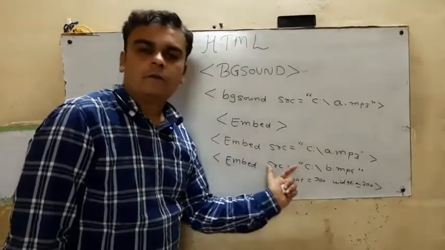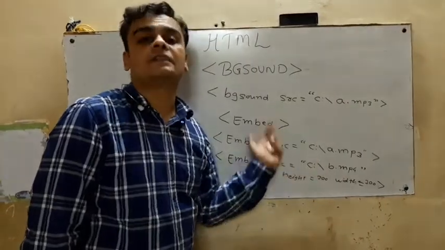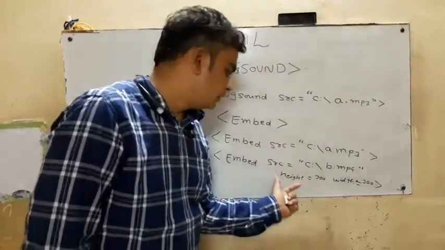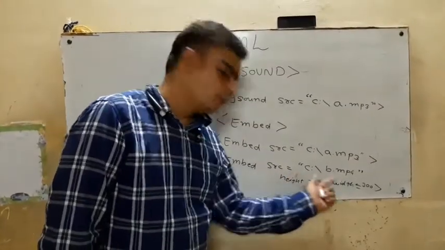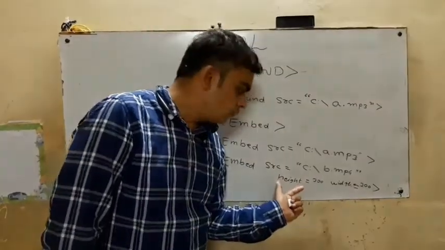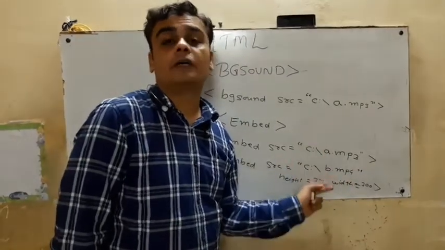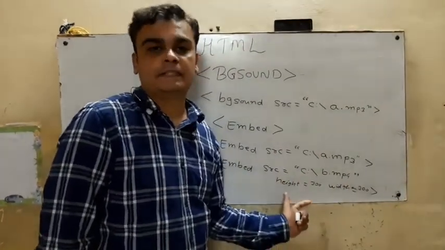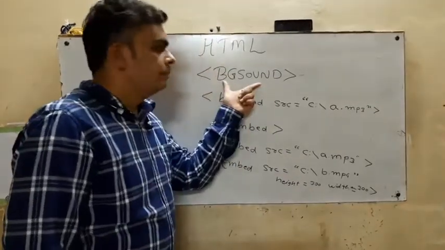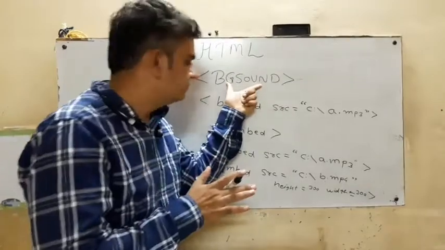Generally, we have already studied the height and width attributes in the IMG tag in the previous session. If you want a detailed idea, you can refer to that video and you will realize how the height and width attributes are used and how they play a very important role in our web page designing. Got it? So the BGSOUND tag is used to insert audio in our web page.